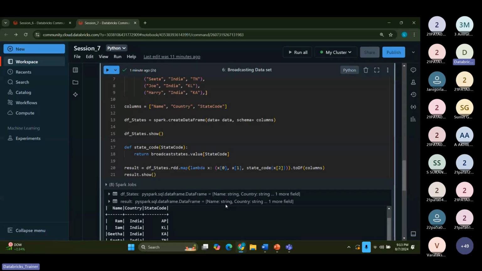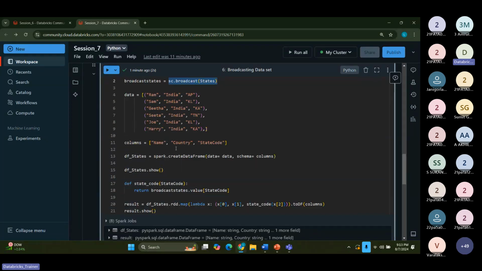See, I have utilized this broadcast thing here, but broadcasting will help the joins to be optimized. Means if the broadcasting has been done, then the shuffling will be reduced. So that's why I have taken